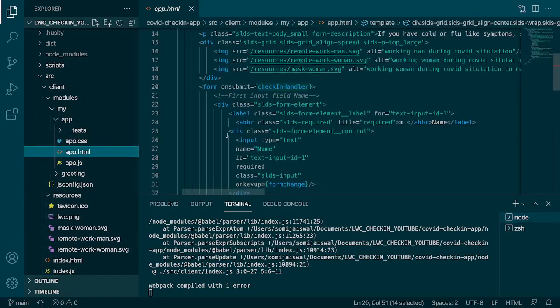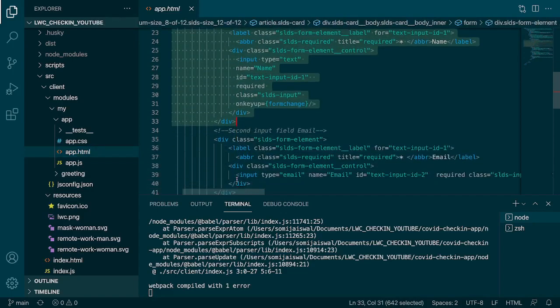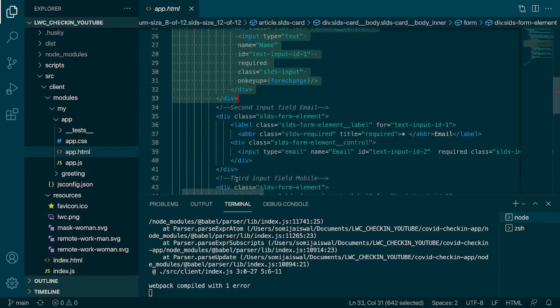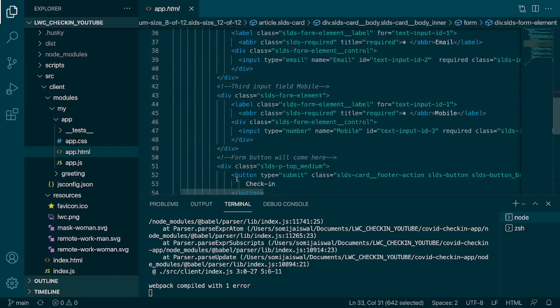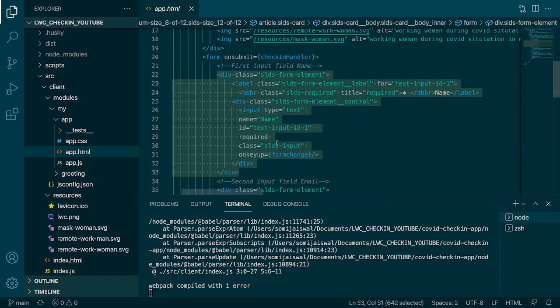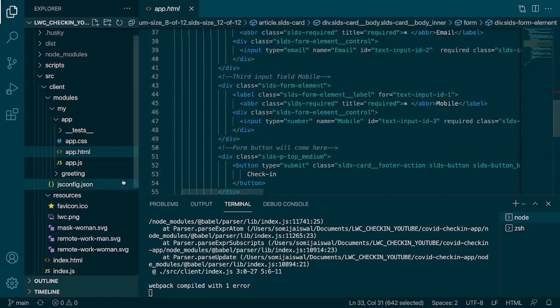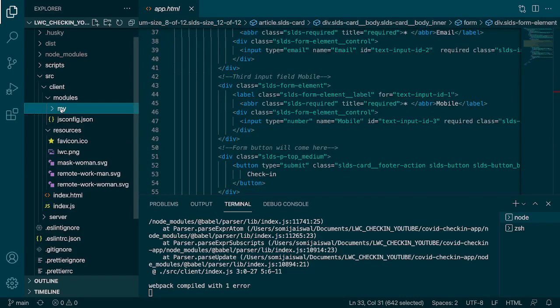So if I come to my app.html, you can see this code we are writing three times, one for name field, then for email, and then for mobile. And here what I want is to create an input field component that just handles all these three scenarios. So let's go and create a new component here under the my folder,